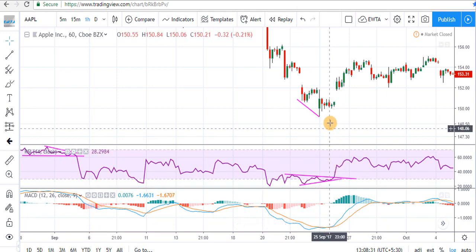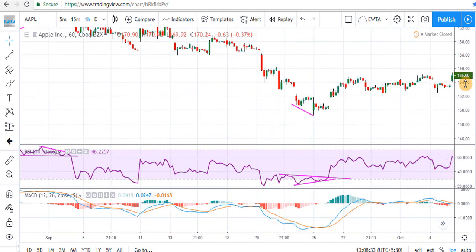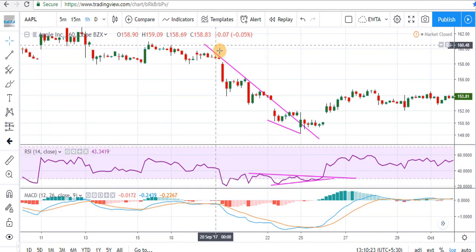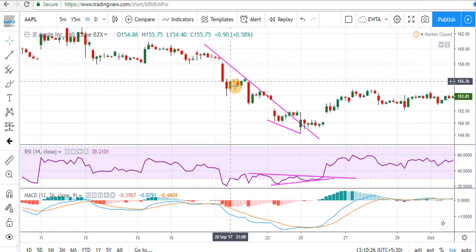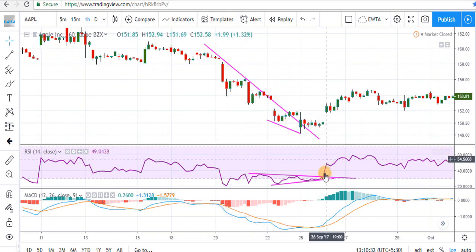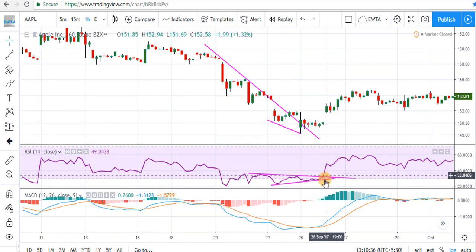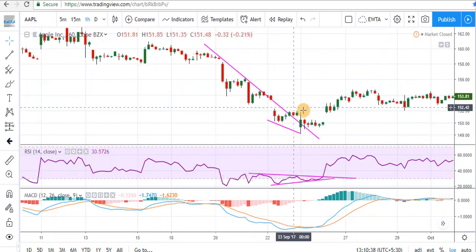this point. But we will draw a trend line for the prices to get our confirmation signal, and see, this is the trend line for this current trend, and at this candle we are getting a confirmed signal to go long with RSI, with MACD, and with the trend line.